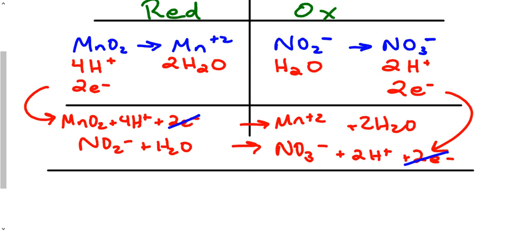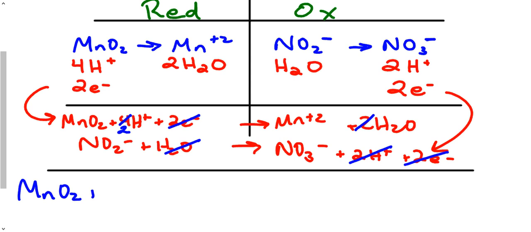Quite often there are other things that need to cancel, and indeed this time there are. I have protons on both sides of the equation. I have 2 protons here that can cancel 2 of the 4, and there will be 2 protons left over. I also have water on both sides of the equation. This water molecule will cancel 1 of the 2, and we'll have 1 water molecule as a product left over. My overall net equation is now